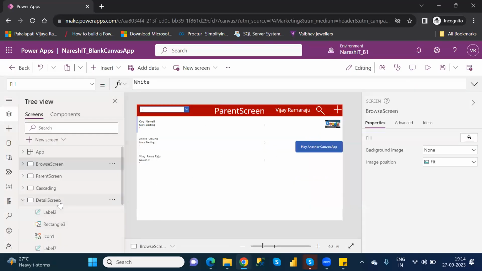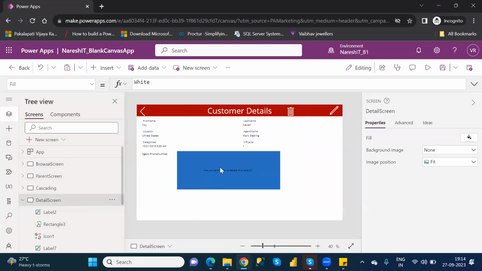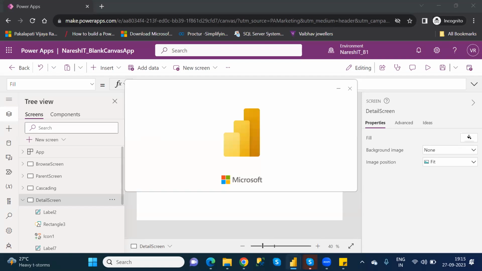In the detail screen, whenever this pop-up message shows, all the elements on this screen need to be deactivated, meaning they won't work. If you click on any operation, it won't work. That is my requirement. Even in a Power BI application, when you click on cancel, are you sure you want to cancel?